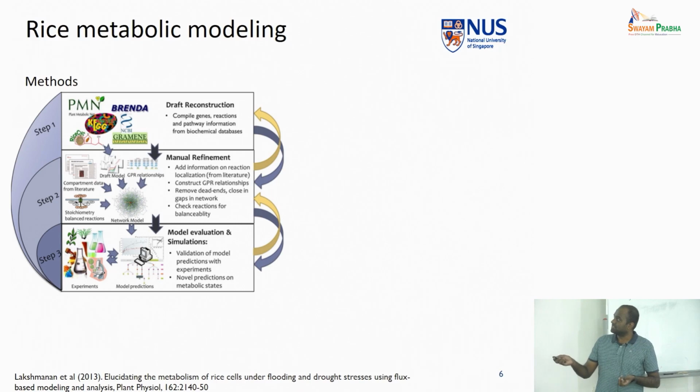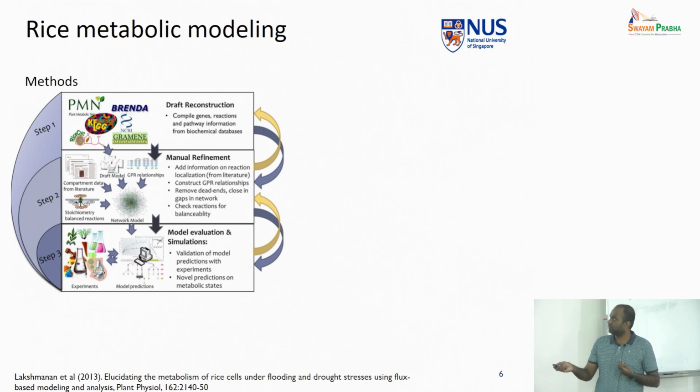So for that, we first need a metabolic network. So we used multiple plant resources, including Plant Metabolic Network, BRENDA, KEGG, Gramene, which is the genome resource, and so on. And there was also a rice-specific metabolic pathway database present at that time called RiceCyc. So we took the information from all these and then